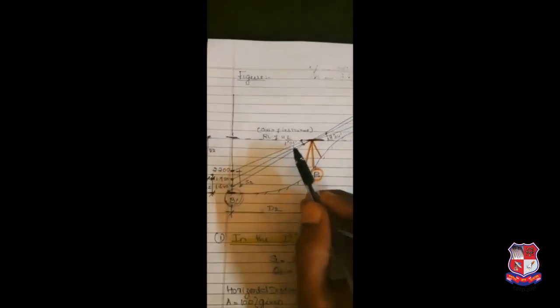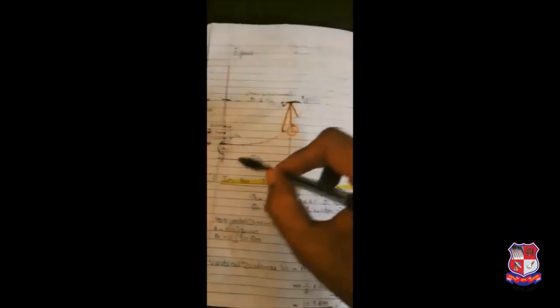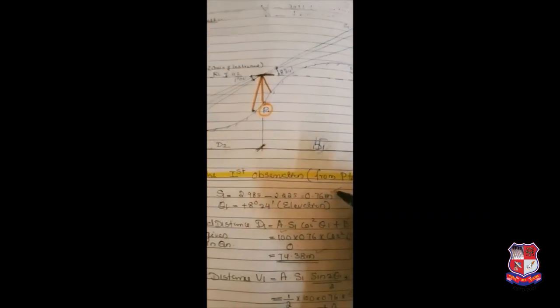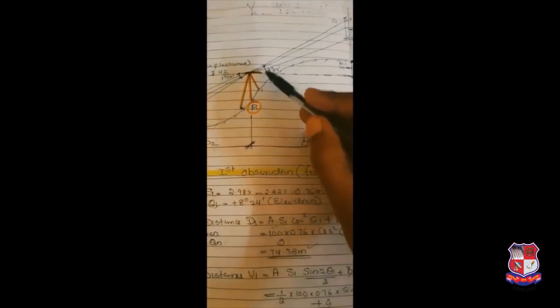Okay, always remember that. Here we have to draw the second case, that is the depression case. These depression values are marked here in this portion. So first we have to take the P to A portion, we have to consider this portion, and second we have to consider this portion. For that one, S1 we have calculated. What is S1? The upper hair reading minus the lower hair reading, and theta 1 is given as 8 degree 24 minute. Apply these values in this horizontal distance formula.